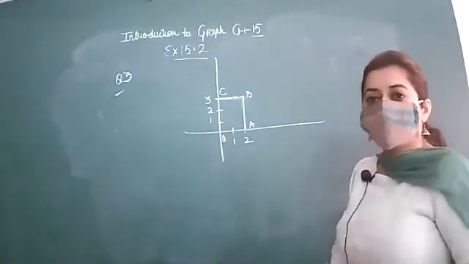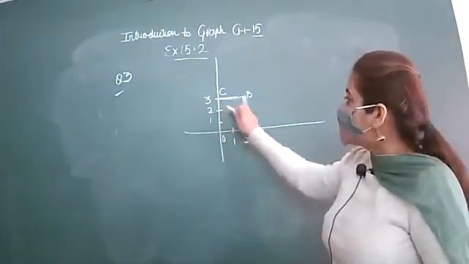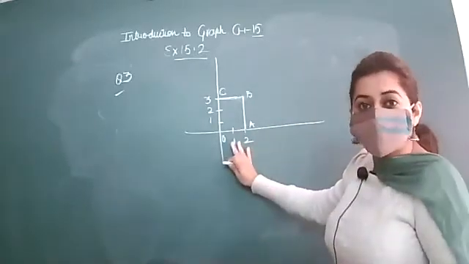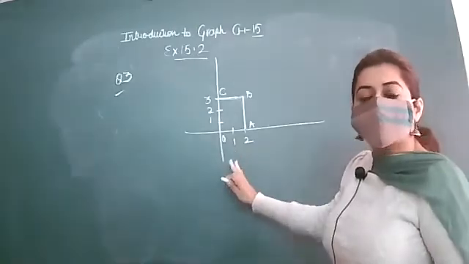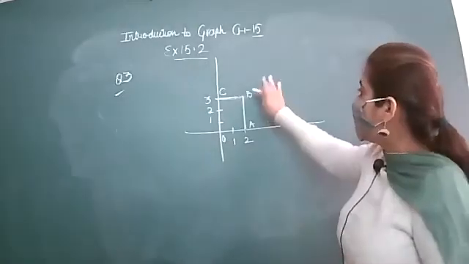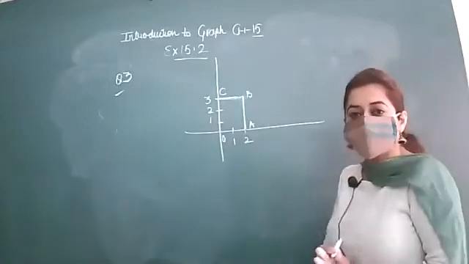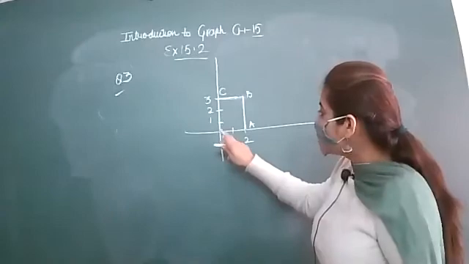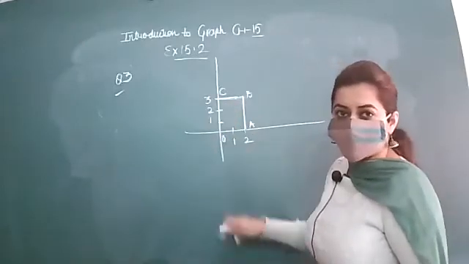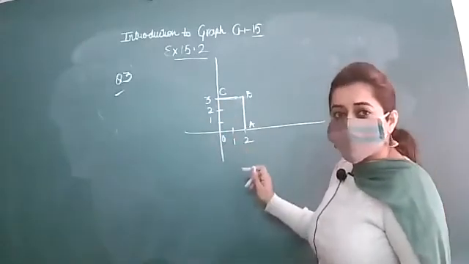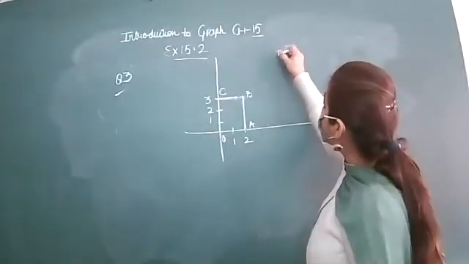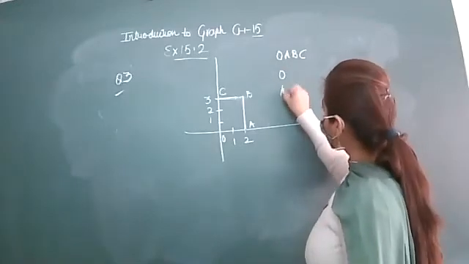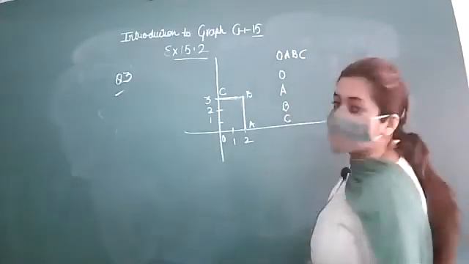Is it okay, beta? In the third question, you have been given this coordinate axis and this figure. Two more figures are given in this question, but I have drawn just one. After discussing this, I will give you a few minutes to tell me about the second and third parts. Now listen carefully. This rectangle is given to you, and the name of the rectangle is OABC. You have to tell me the coordinates of O, A, B and C.